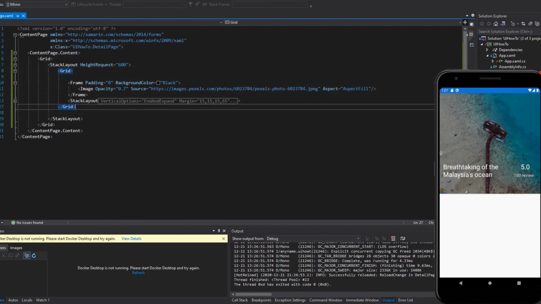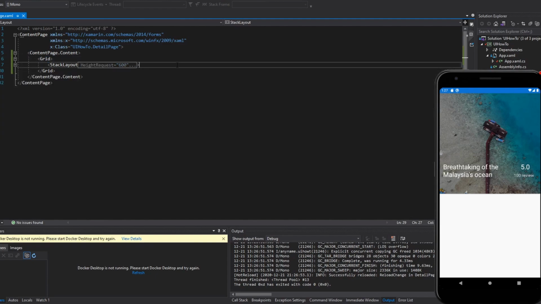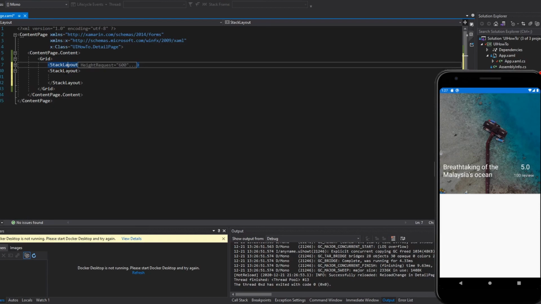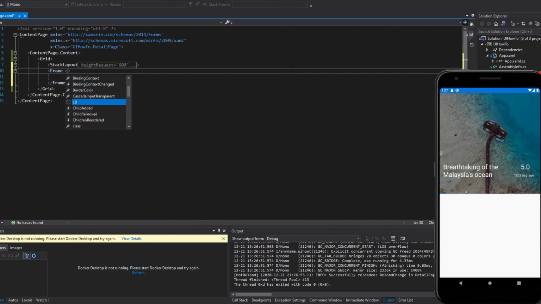Okay, so we have the frame 600 high. So this stack layout, and we need another stack layout. Or maybe you can use frame corner radius 20, and then